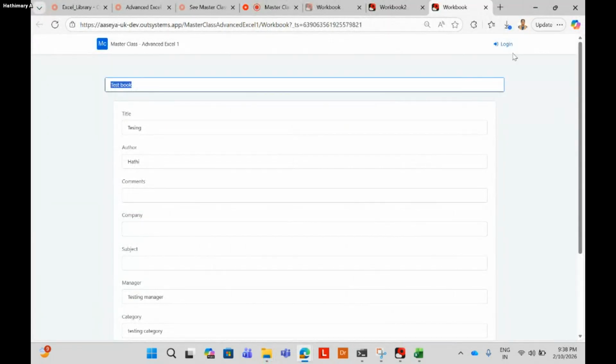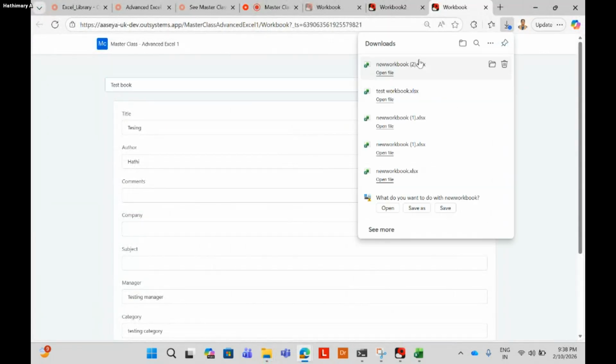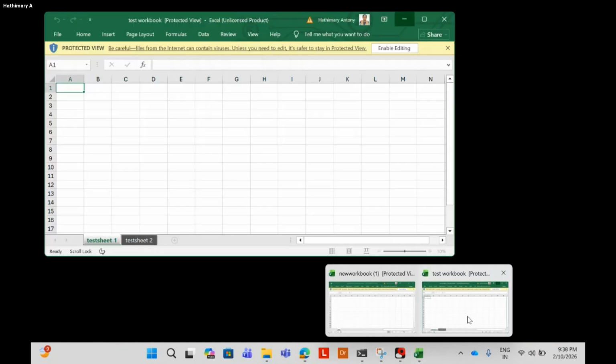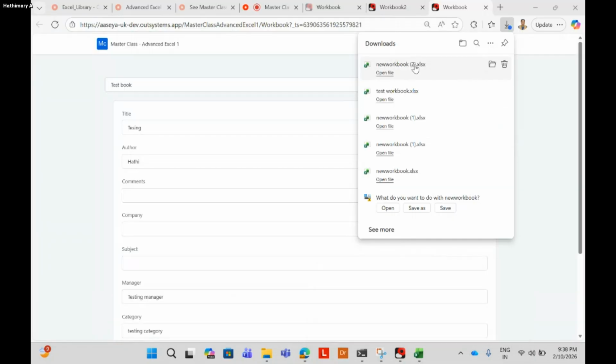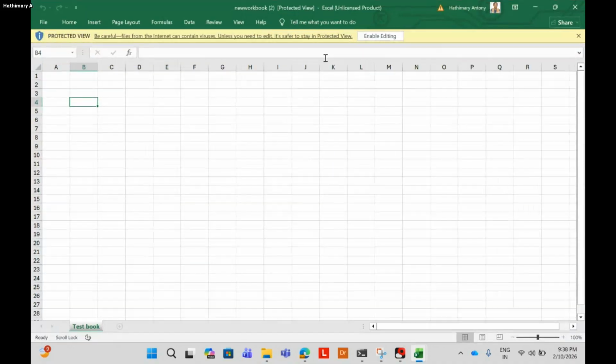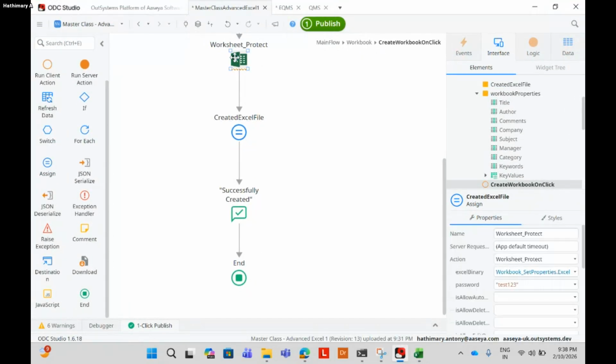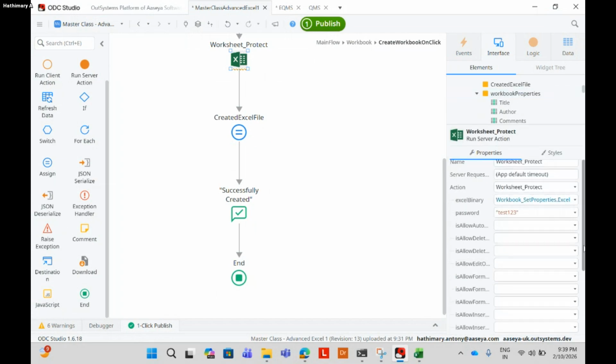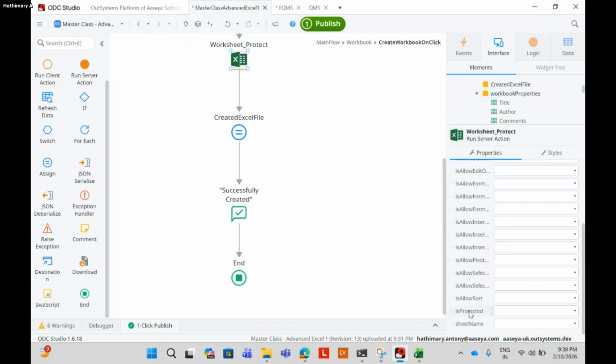Okay, now the protect password is not working. Sorry, I have not opened it yet. So let me open this. Yeah, it's opening without any password protection. Right now, what I will do is, here in the worksheet protect there is a boolean called is protected.